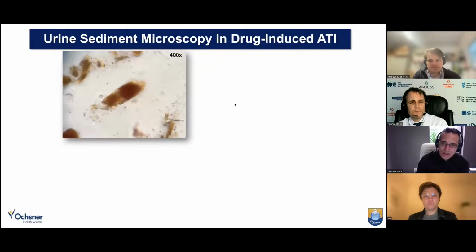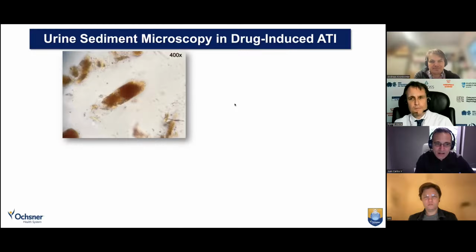And the last aspect that I wanted to show with you today in terms of acute tubular injury is sort of one example of drug-induced acute tubular injury where microscopy can be helpful. So this is an image of what appears to be a granular cast or a multi-granular cast at 400X. However, when you look at this cast in detail, you start to see some unexpected type of shape inside the cast, and we apply